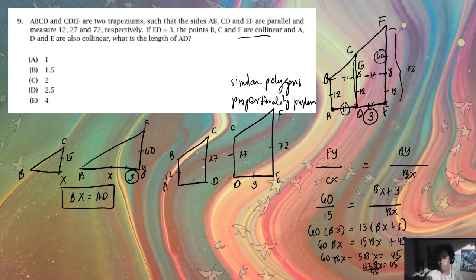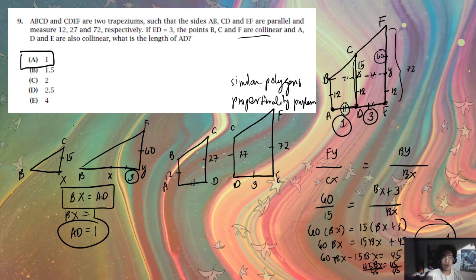And if we divide both sides by 45, what will be the value of BX? So BX is just going to be equal to 45 over 45, or simply equal to 1. Now, since BX for this problem is equal to 1, and BX is equal to AD, therefore AD must also be equal to 1. So the answer for this problem, using similar triangles and also visualizing them using trapezoids, is just 1. The length of AD is equal to 1 unit. And that's how we solve